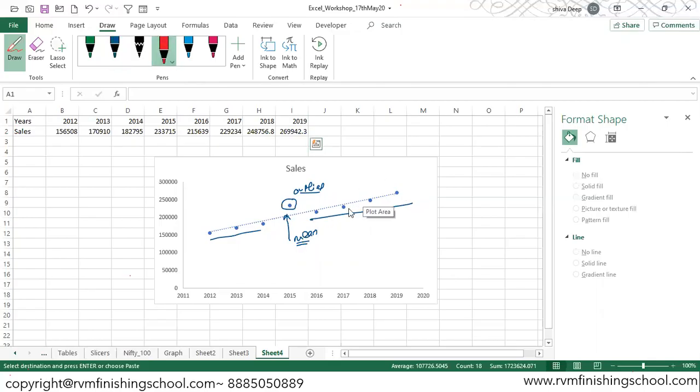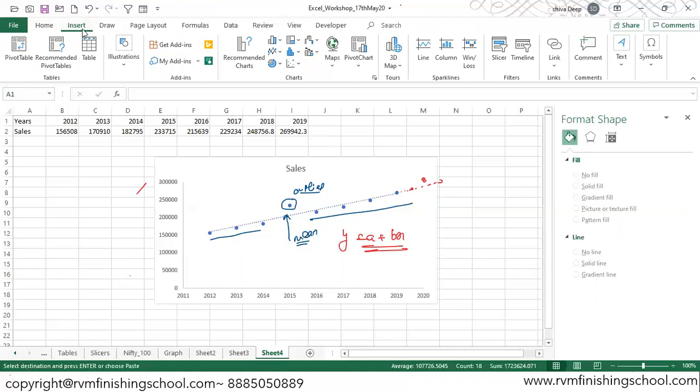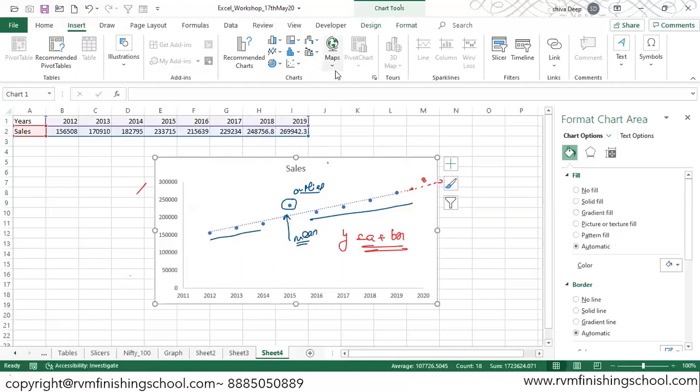So if this trend continues going forward, we can assume that it will run more or less on the same side. Then the equation y equals a plus bx can also be put in here, which is the equation for a straight line, the trend line that has been drawn, since we are saying linear trend line. That is more of the stats that you can do, but if you need, you can just have these trend lines running in here. Now the last part, let's